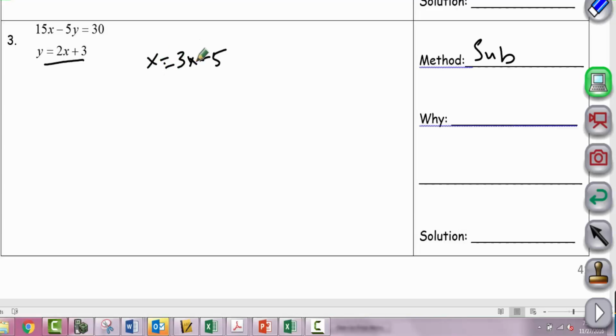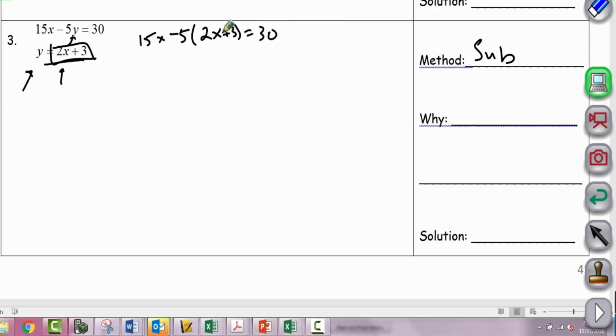Oh, sorry, 3y minus 5. You don't really want to mix the variables. If you have a y on this side, better be x's. Alright, so we know that y equals 2x plus 3, so we're going to take this 2x plus 3 and plug it into the other equation. So the other equation is 15x minus 5, but instead of y, we have this 2x plus 3